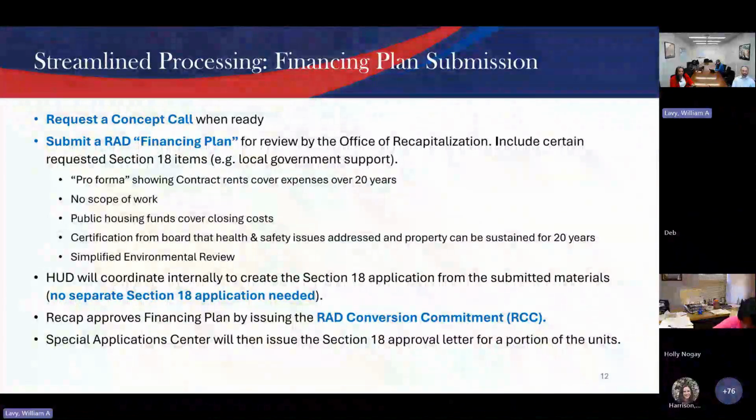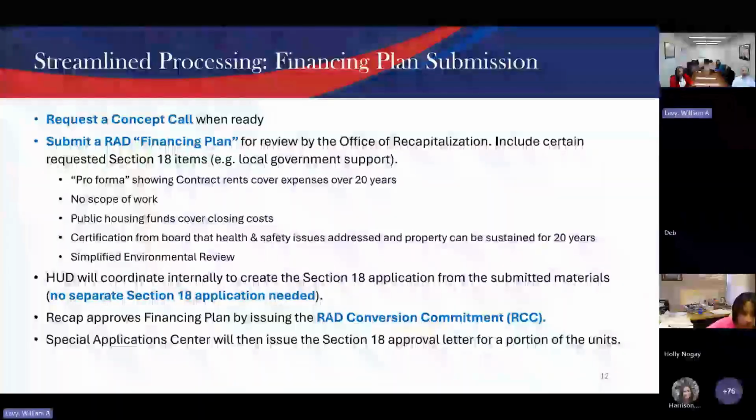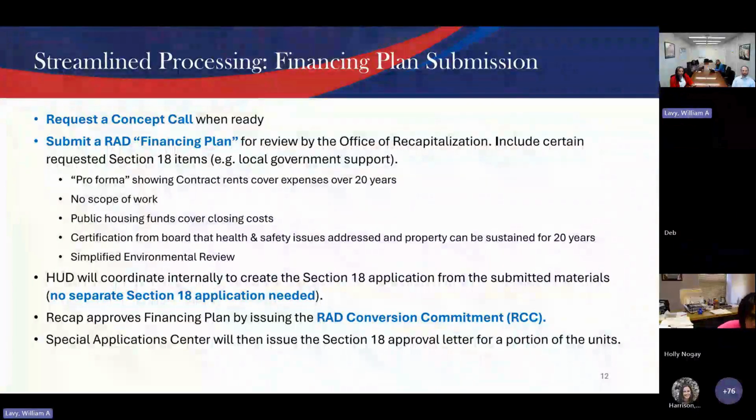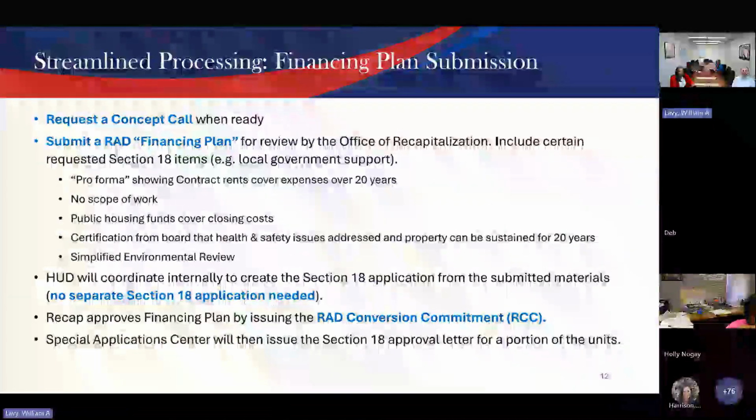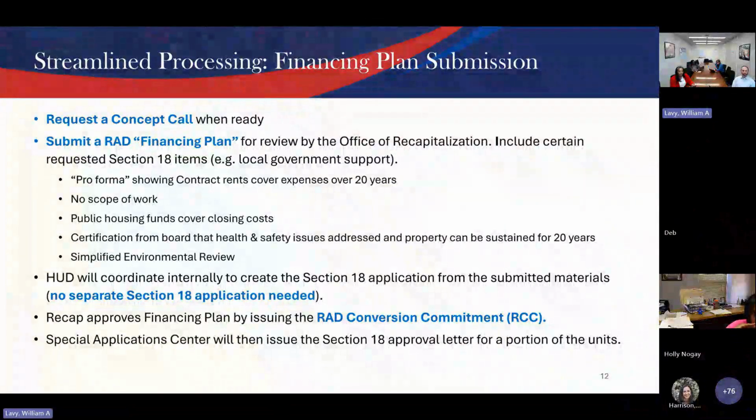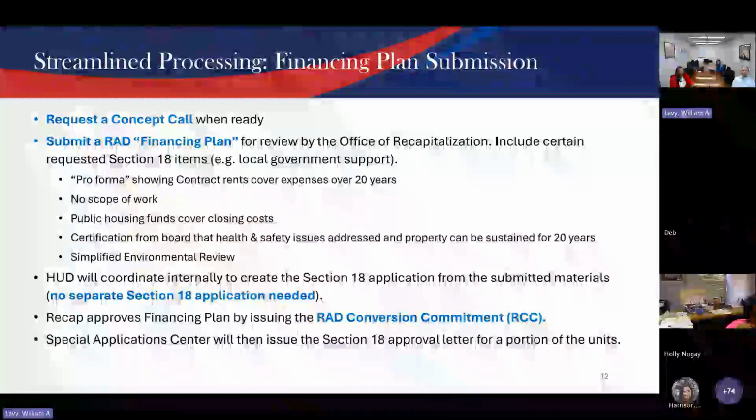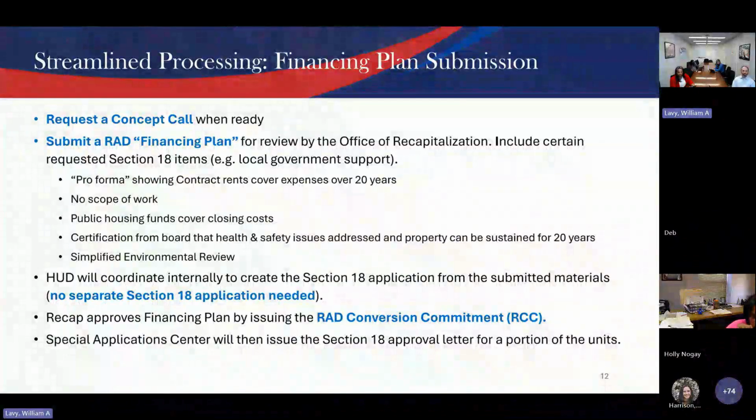And so this slide gives more detail about that process. You're requesting your concept call when you're ready. That request is through the RAD resource desk. You're submitting your RAD financing plan through the RAD resource desk as well. This includes certain supplemental documents for your RAD Section 18 blend. All of that is uploaded to the RAD resource desk, so there's no need for any separate applications with SAC